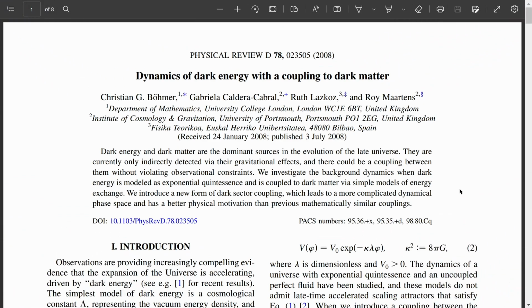In order to understand more about it, in 2008, Christian Boehmer wrote a paper called Dynamics of Dark Energy with Coupling to Dark Matter. Now this is a very interesting paper. Why? Whenever you have this kind of scenario, like S is equal to R square root of -g d4x plus some kind of a perfect fluid,